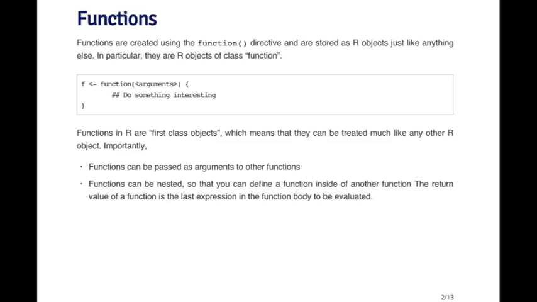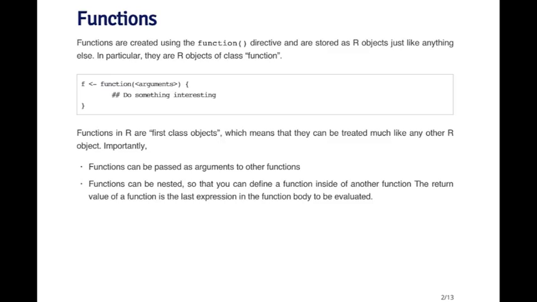So functions in R are created using the function directive, and functions are stored as R objects just like anything else. So you might have a vector of integers, a list of different things, a data frame, and then you have a function. In particular, R functions are R objects of the class function. The basic construction is that you assign to some object, here I call it f, the function directive, which will take some arguments, and then inside the curly braces there is R code, which does something that the